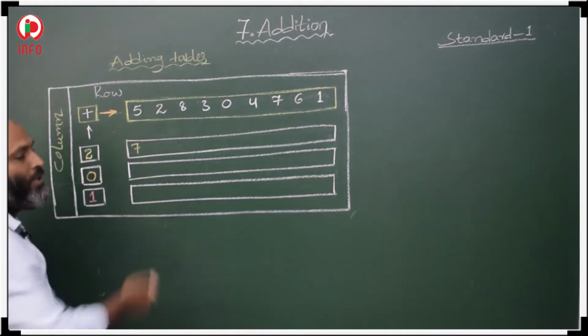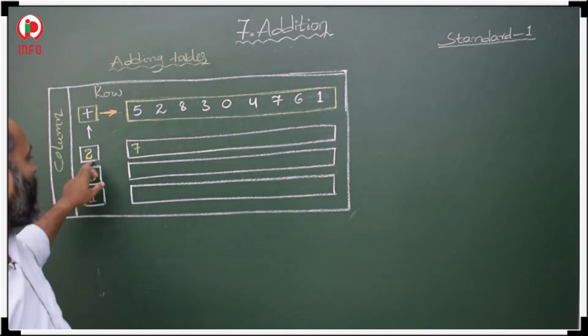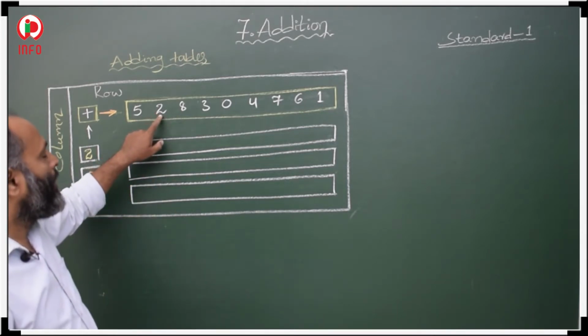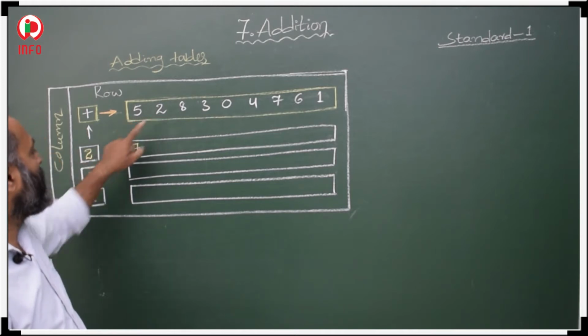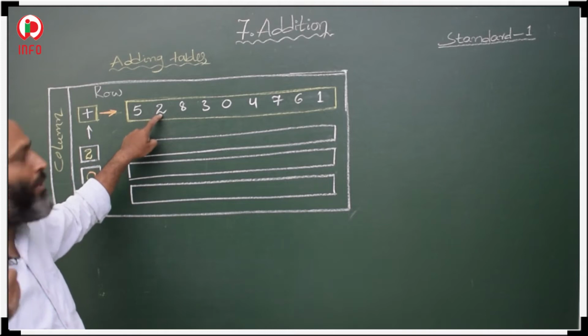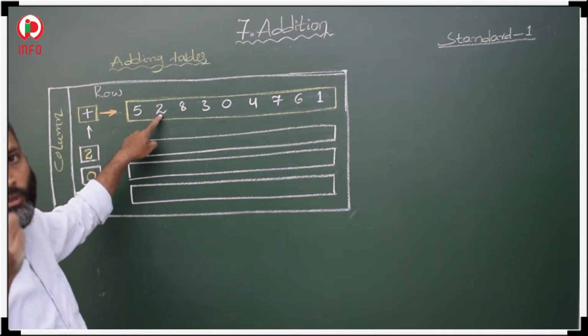So why are we counting 2? Because here we are going to add with 2. That is why we add 2. It means we count the next 2 numbers after 5. Next, which number is here? 2. 2 is adding with 2, which means again we have to count 2 more numbers after this 2: 2, 3, 4.